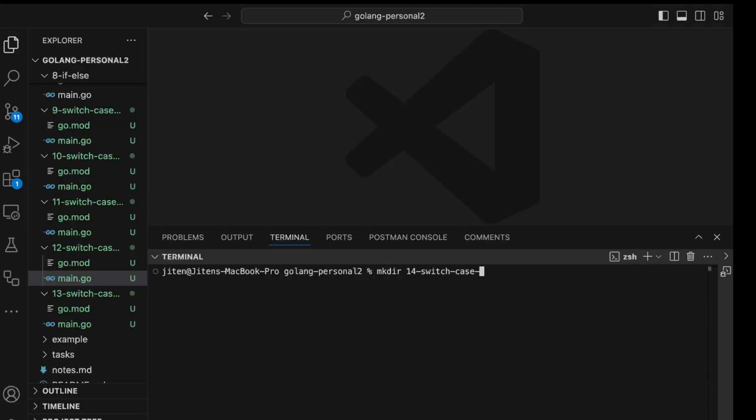Whenever there is a break statement in other languages, if you want to remove the break,